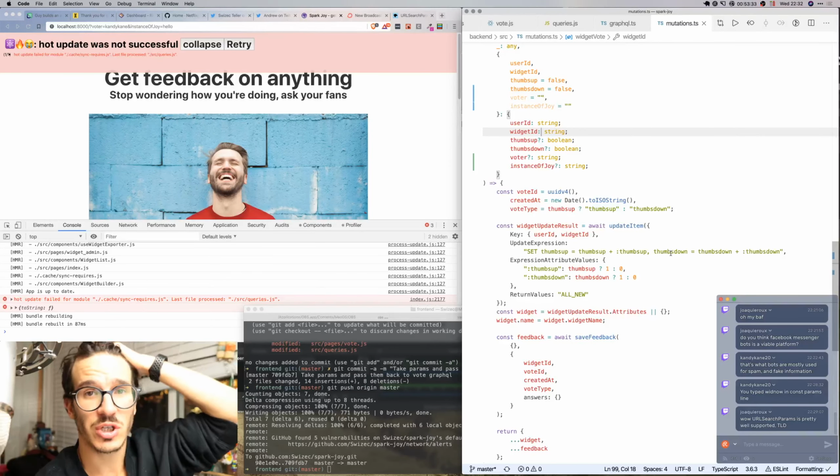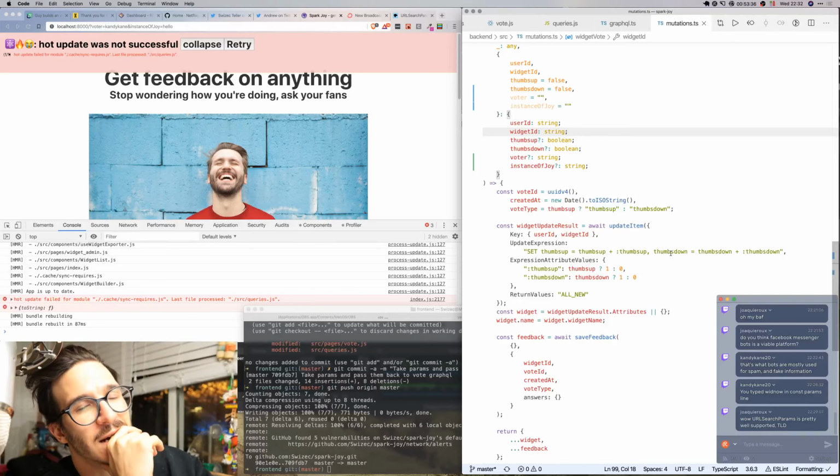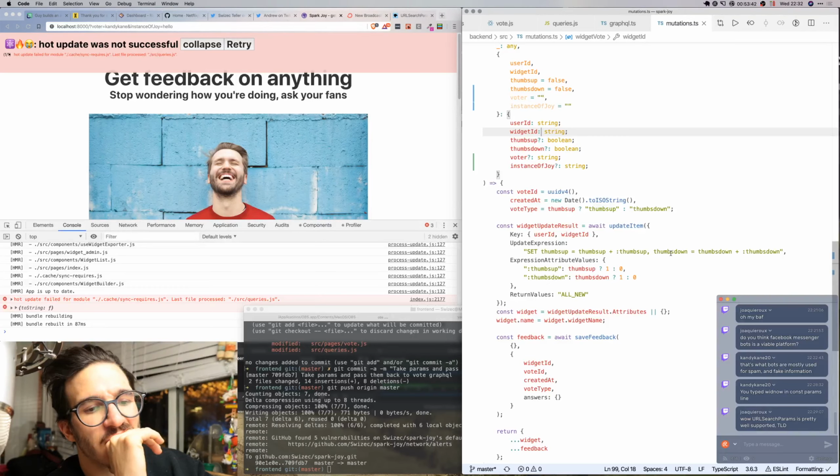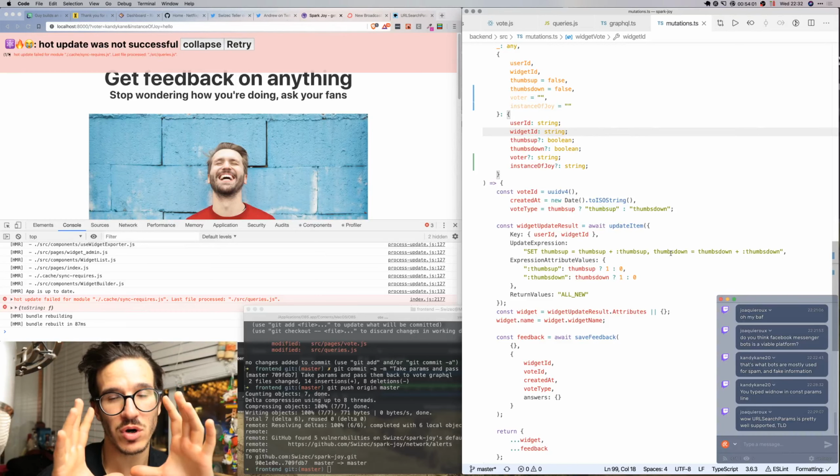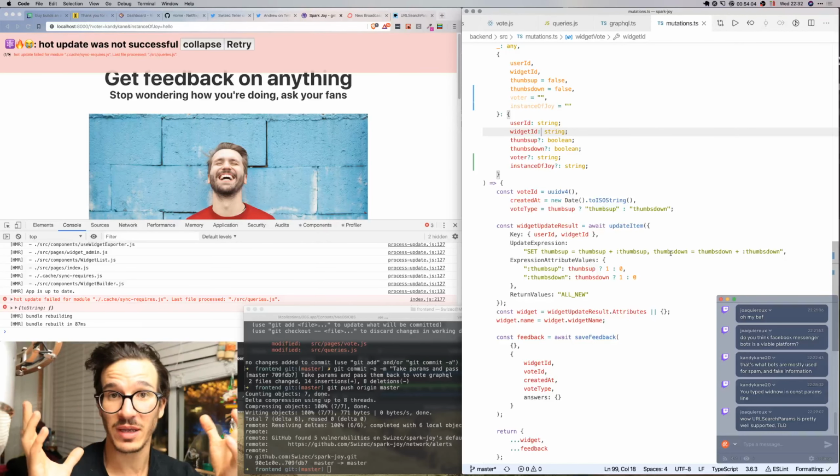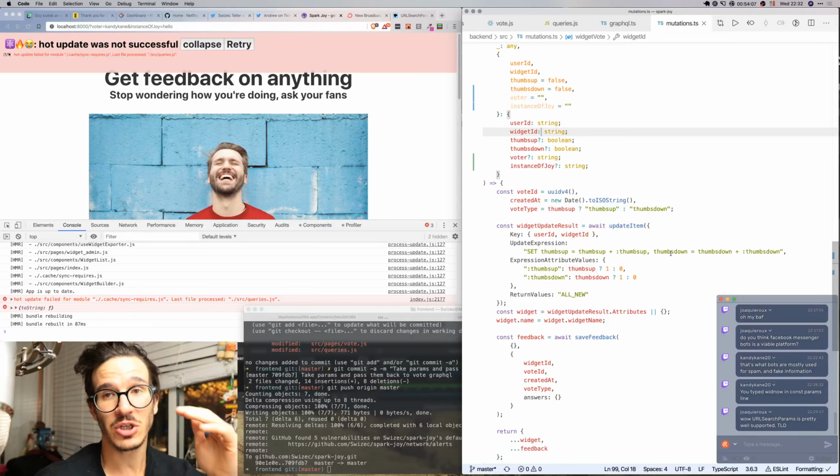So this is where it gets tricky. So here's where it gets tricky. I need the instance of joy to be added to my key, because I want to have a single widget for all of my blogs or all of my newsletters, but then each individual one needs to collect answers separately so that I can, you know,